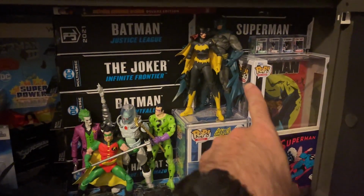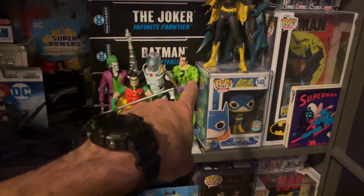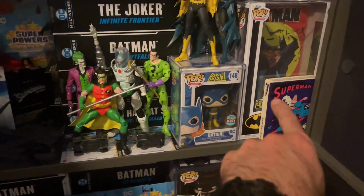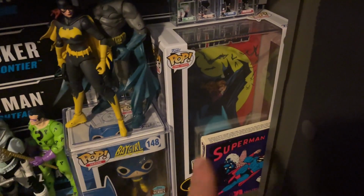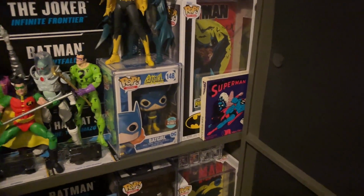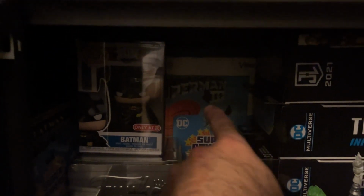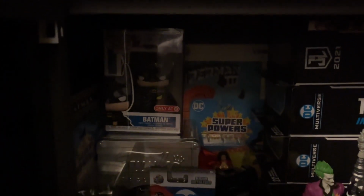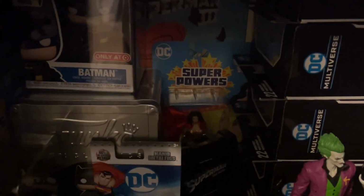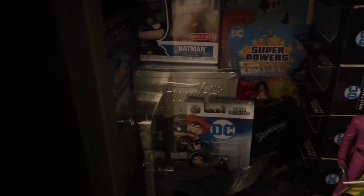We got Batman, Batgirl, the Riddler, Mr. Freeze, Robin, Joker. We have a Batgirl Funko Pop. We got the Batman McFarlane Funko Pop. We have an 8mm film of Superman from like the 40s or 50s. I don't know exactly. Back here on this side, we have a video disc of Superman number 3, a Batman Target exclusive Funko Pop, Superpowers, Wonder Woman, another special edition, I think it's like a 25th anniversary or something, Batman